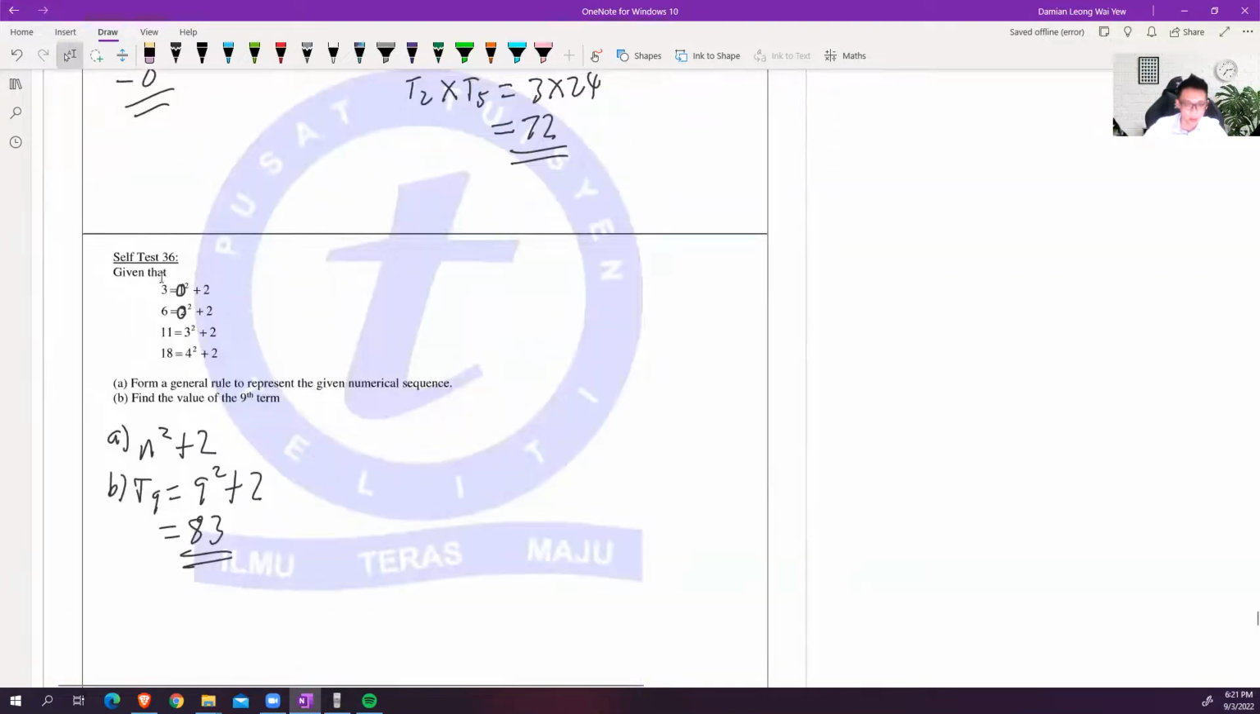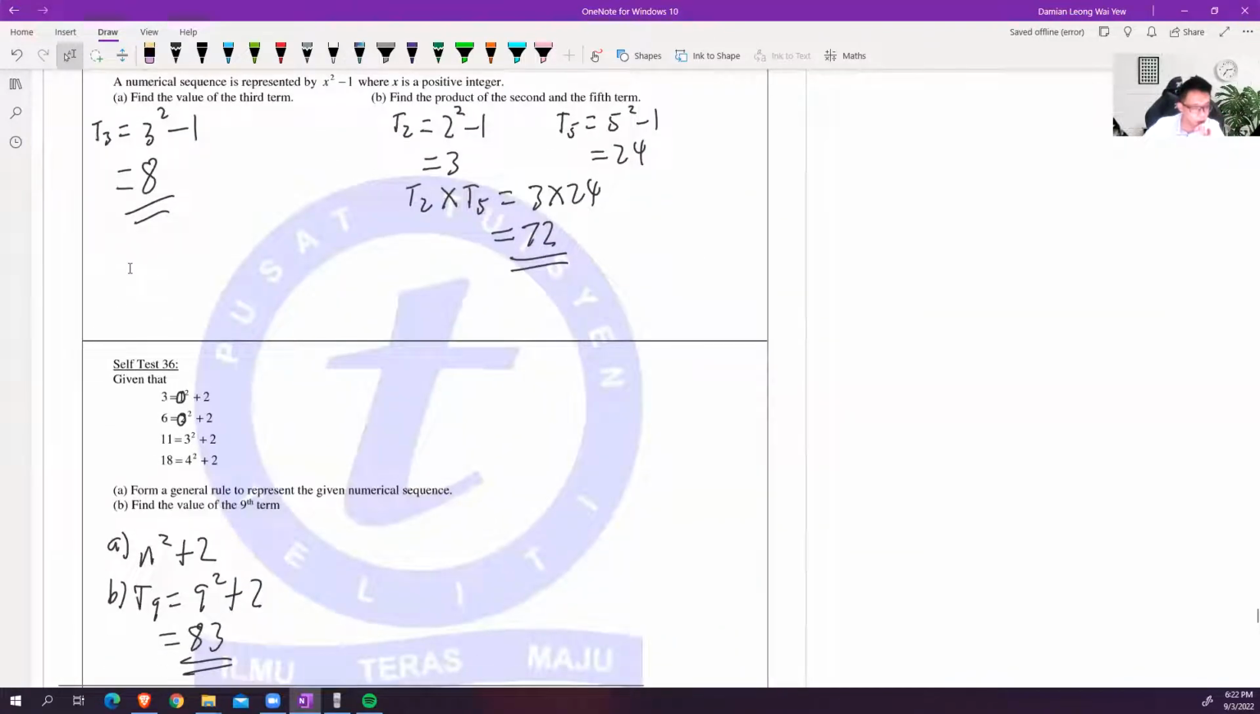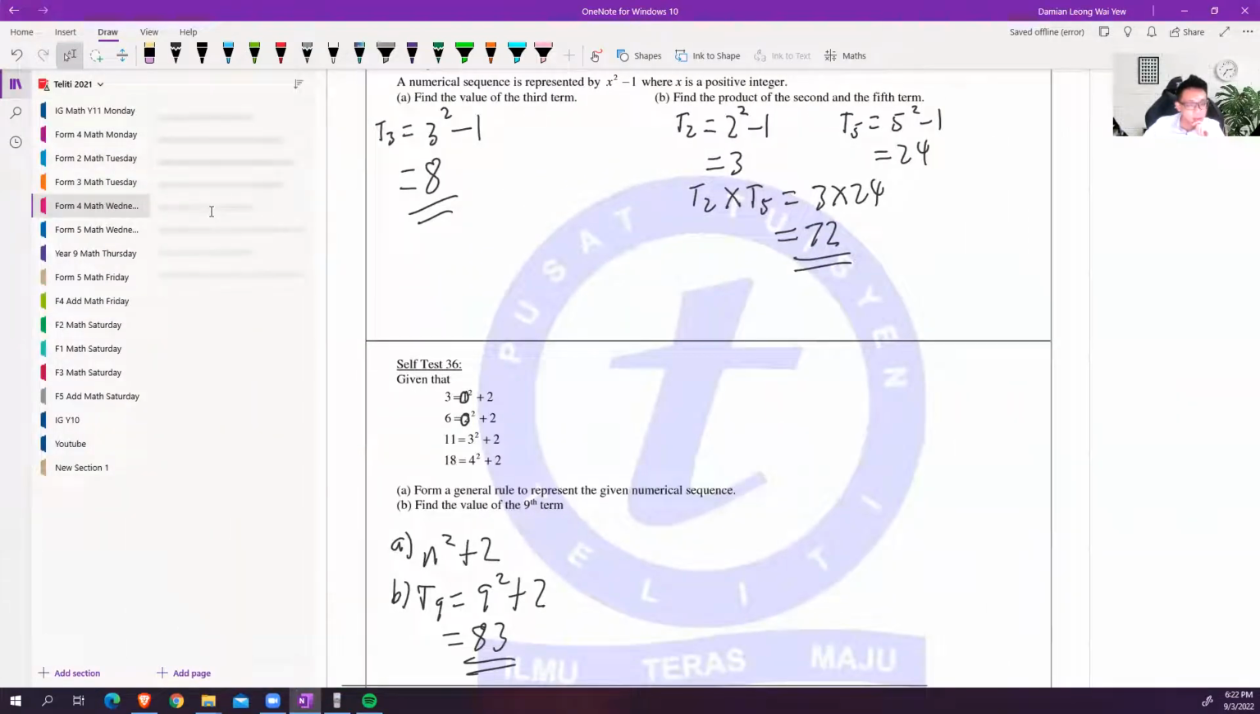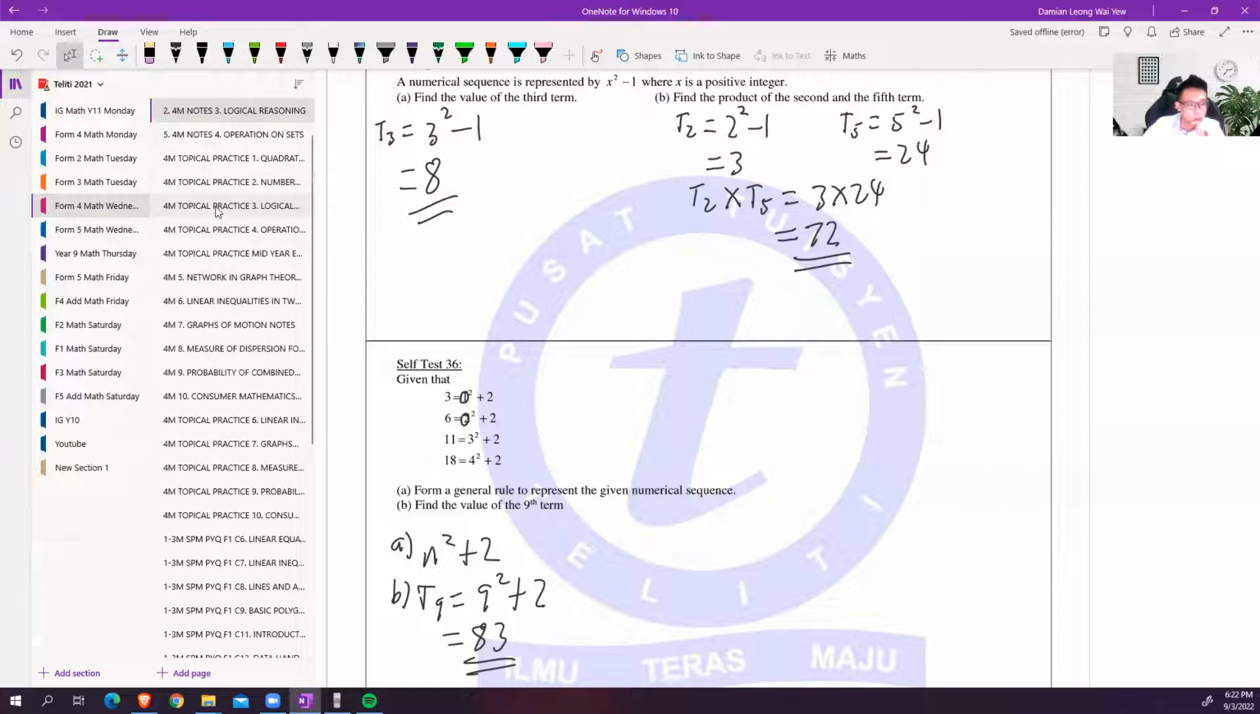And of course, from a general rule, you can form the sequence of a pattern. Yeah, then we just conclude that the pattern that it shows. Yeah, that's for induction of patterns, number patterns. So yeah, that's for chapter 3, logical reasoning. Then we look at form 4, chapter 4,